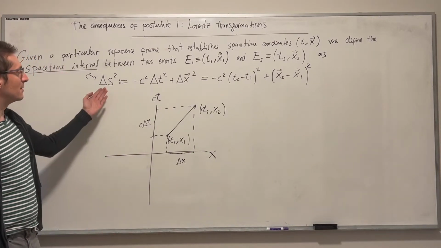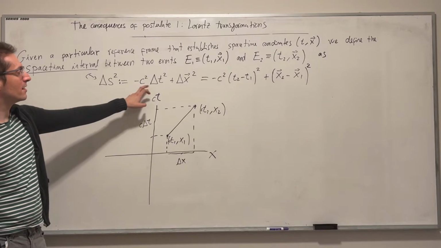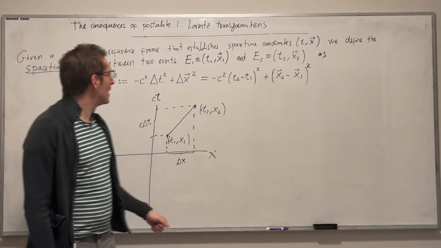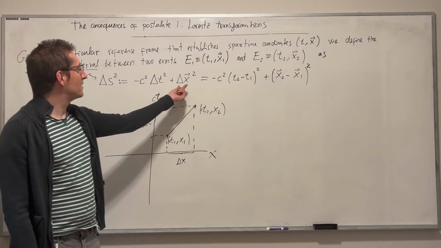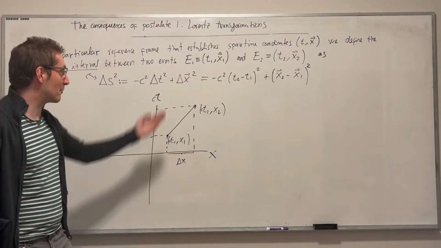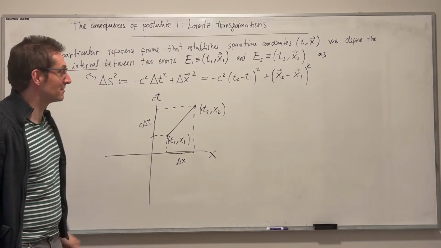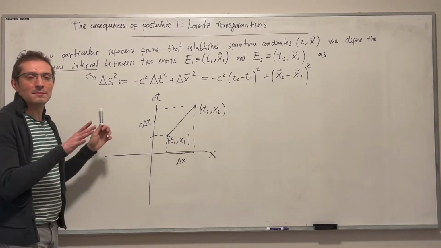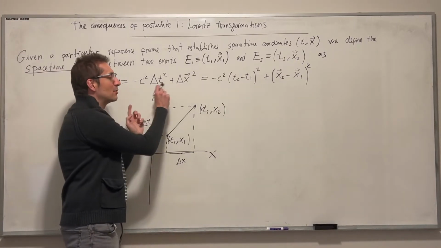Okay, so the space-time interval I define as minus c squared delta t squared, which is just the difference between the times squared, plus the distance between the events in space squared in that particular reference frame, all right? So now, important, in this object, what is important is I define it with different signs for time and space